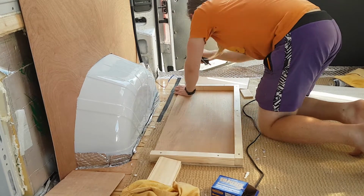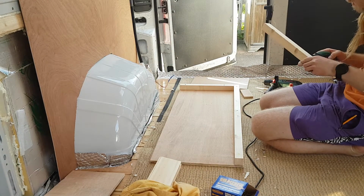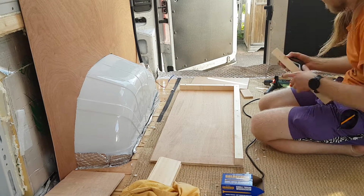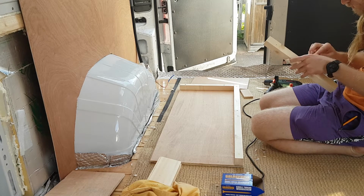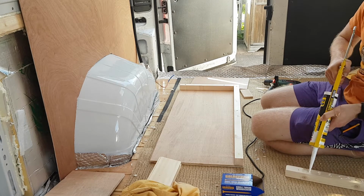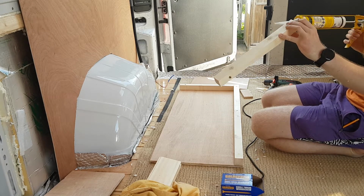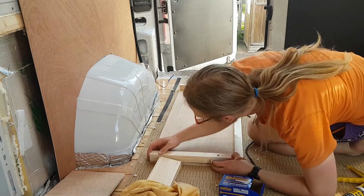So yeah, there was a little bit of extra messing around, but once I'd made the mistakes and gotten through it, I did have all the bits to put it together, and I think I have a single shot of me actually assembling the box, and that went okay as far as I remember. I probably should have watched the footage before recording this, but